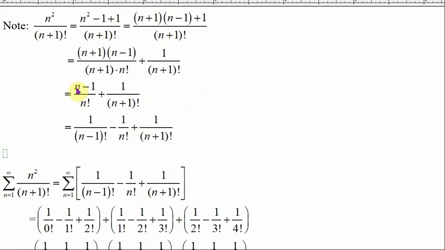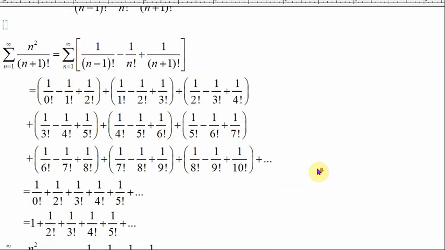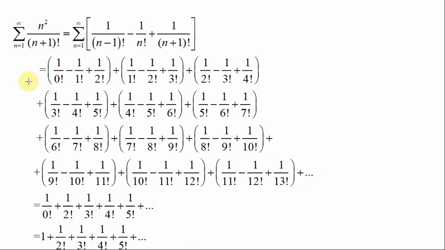And then this is n over n factorial, which is 1 over (n minus 1) factorial, and then minus 1 over n factorial, and then plus 1 over (n plus 1) factorial. And so the series with n squared over (n plus 1) factorial, we can rewrite as the series with 1 over (n minus 1) factorial minus 1 over n factorial plus 1 over (n plus 1) factorial. And so here we get the